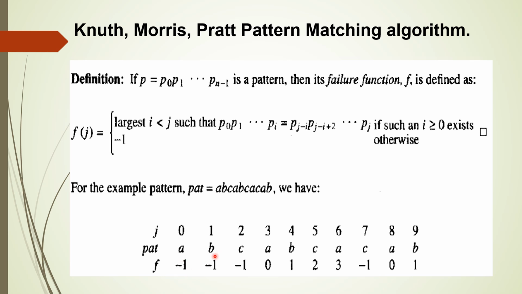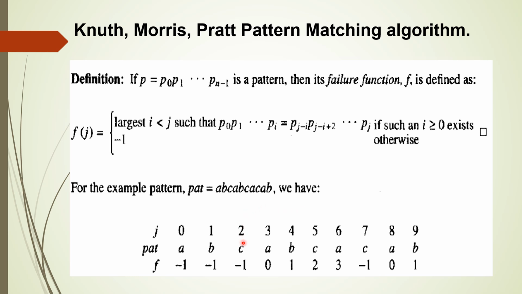Then next you take B. B is compared with the first character, there is no match, so you continue with -1. Then again you take C. C is compared with the first character, again there is no match, then you continue with the value -1. Now next is A. A is compared with the first character, there is a match, you write 0 here, position 0. Then next B. Already A is matched with the first character, then B will be compared with this, so it is 1. Position of this.